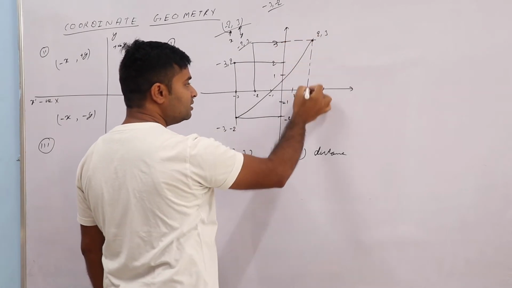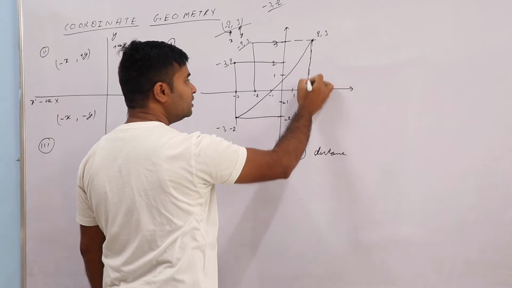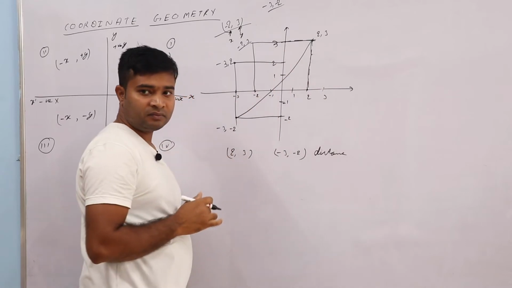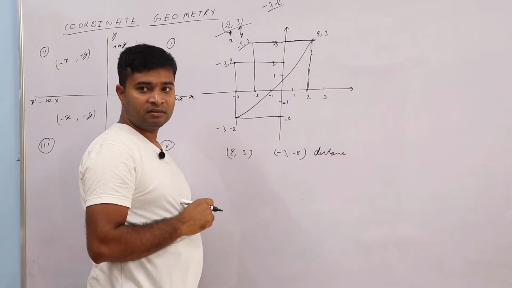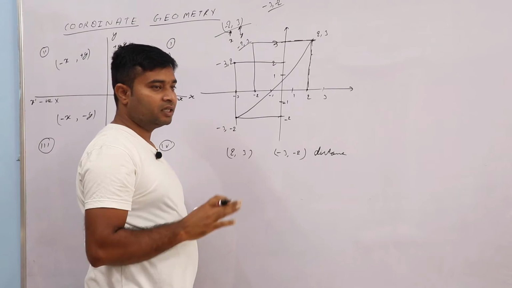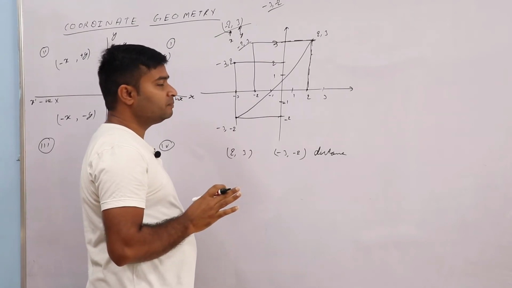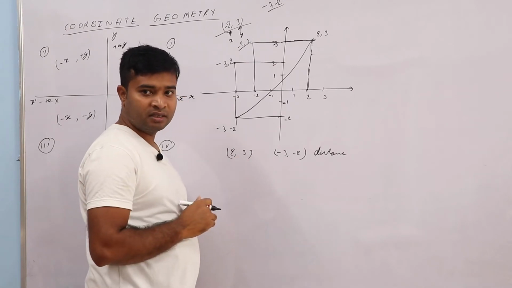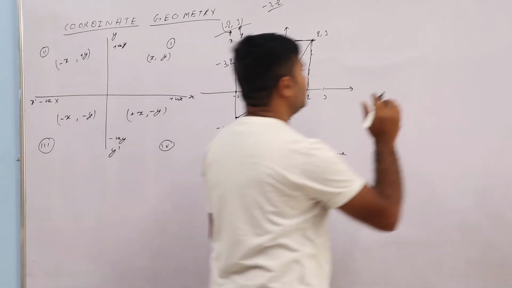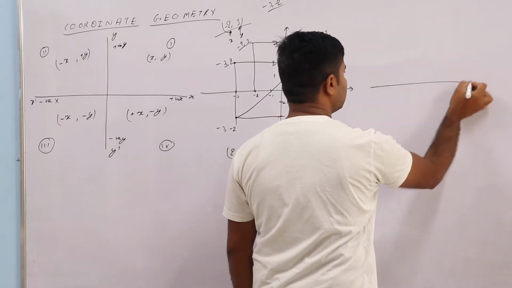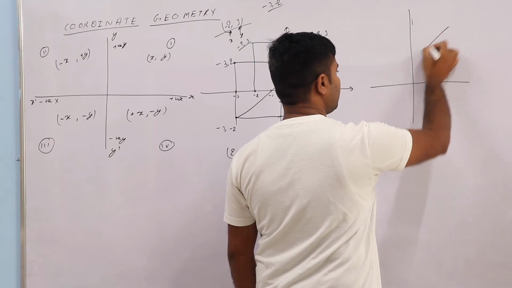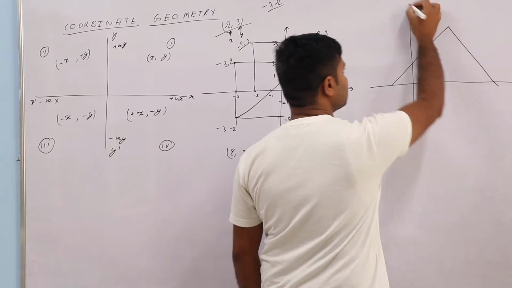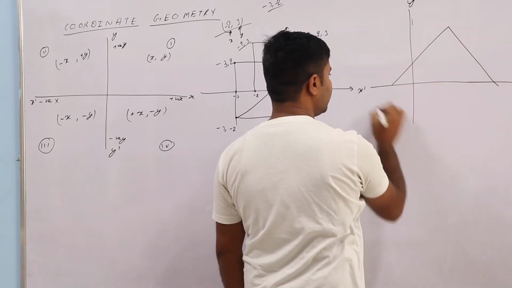Yes, sir. Or a question can come, see, here is one rectangle. If this is joined properly, this is one rectangle, with this point, this point, this point and this point. They can say find the area of this, or they will give 3 points, like here 2 points are given. Wait, I will add one more point, like think it came like this. Correct? X, y, x dash, y dash.